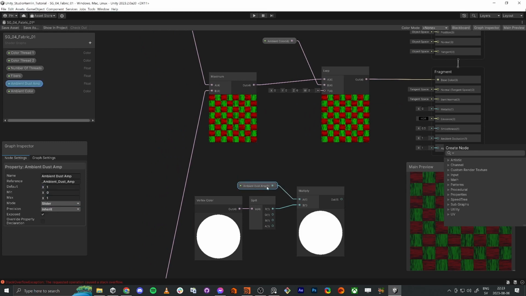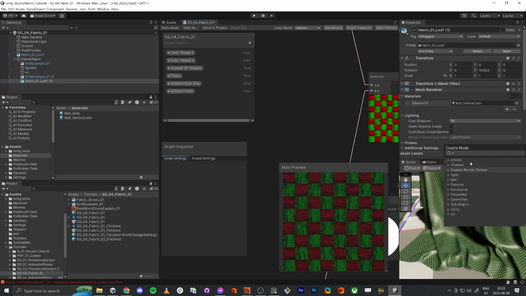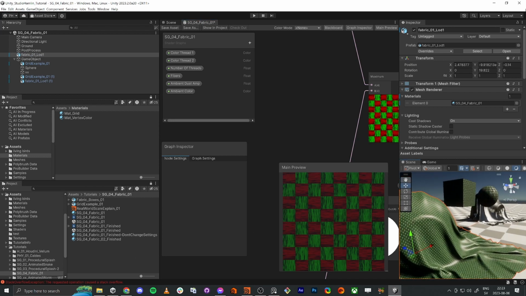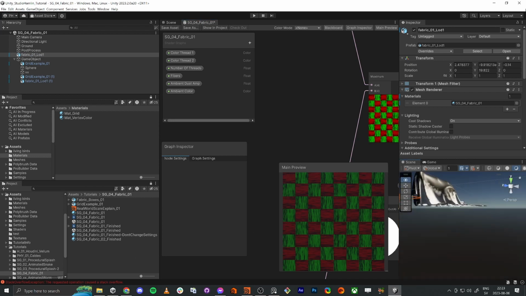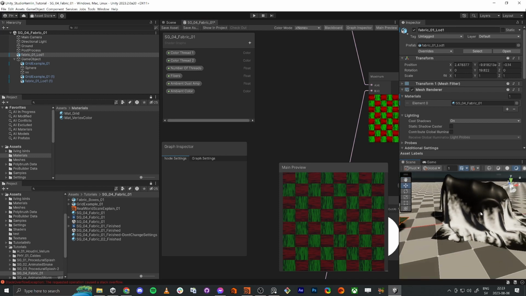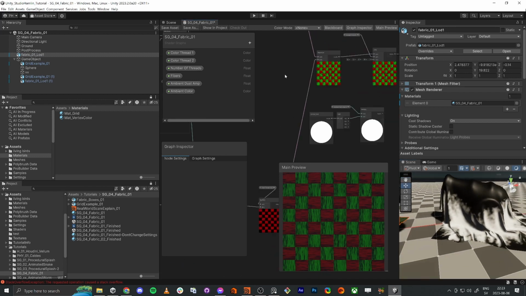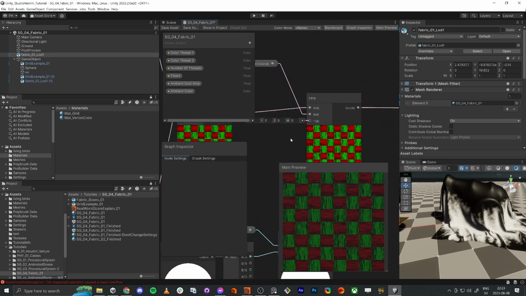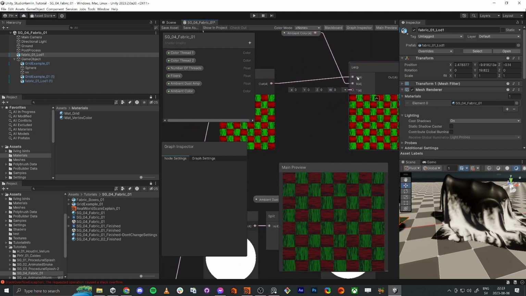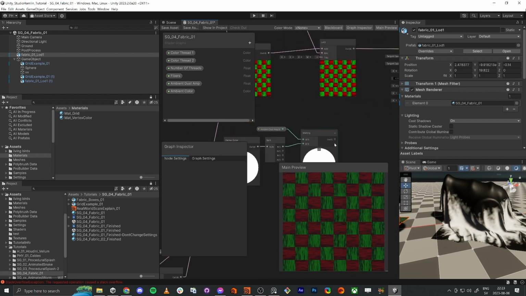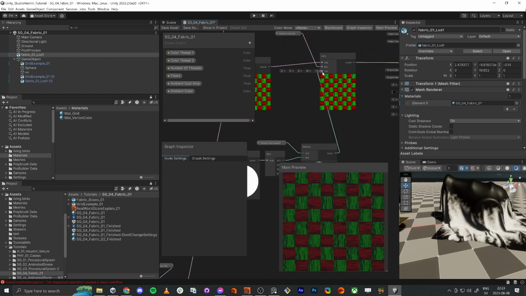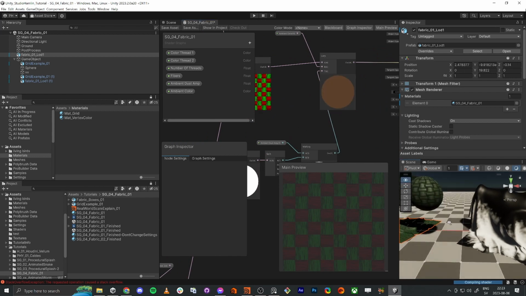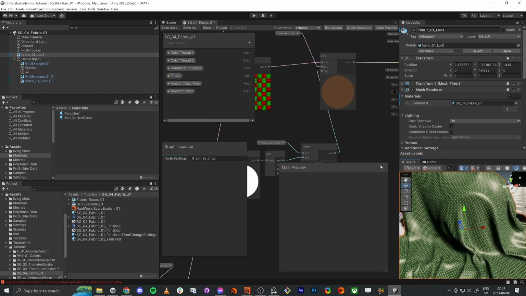So this ambient dust is picking up, so the ambient color is picking up this color information, right? So that means A represents the black areas, B represents the white areas, and T, that's the vertex animation that's gonna add it for us. So if we save,